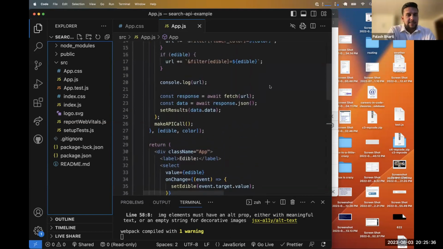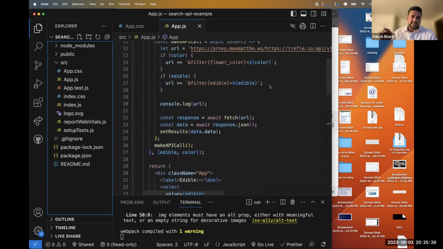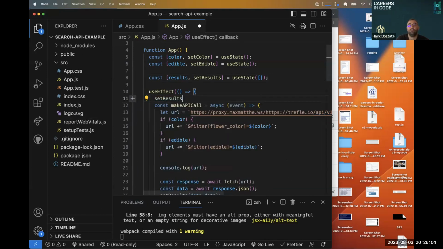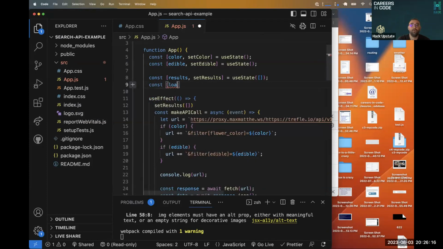While the API data is being loaded, can we display a loading message in the select, as an option itself? Yes. It is normally better to tie that to its own state, because there are a lot of components that are changing here. A couple of things we would want to do to make this a little more efficient: before this API call is made, we want to set our results back to an empty array, so the previous results aren't showing while we're pulling in the new results. The other thing we can do is tie this to a new thing that says loading